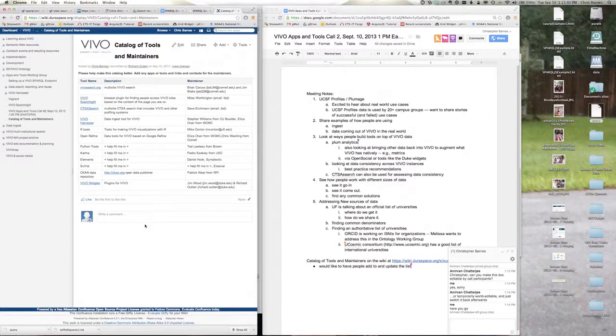Okay, fantastic. So this is the idea that we would at least keep track of all of them so they wouldn't get lost. It was kind of funny because I had forgotten when I started making this list that Mike had built a couple of R examples like three or four years ago that showed you how to use R to access Vivo data and run SPARQL queries, and then he used them to make some visualizations, some network diagrams. So over the coming weeks and months, we'll be adding to this list and probably coming up with better ways to curate them. But for now, I just want to make sure that we don't lose any tools that have been built as time goes by.